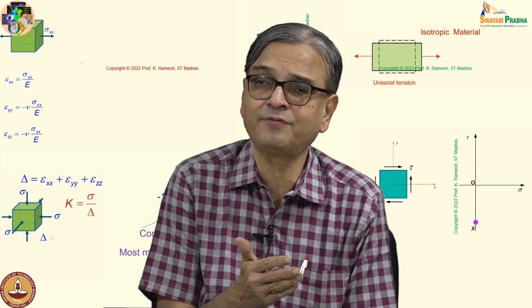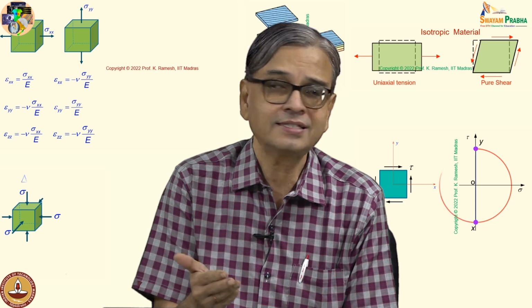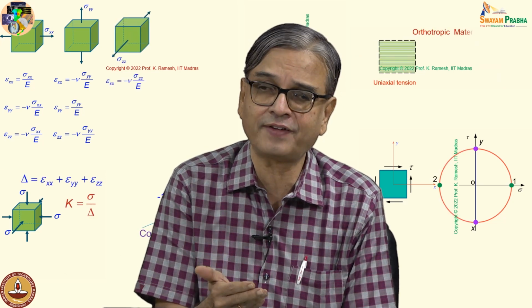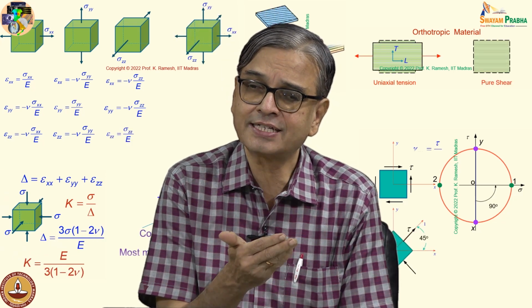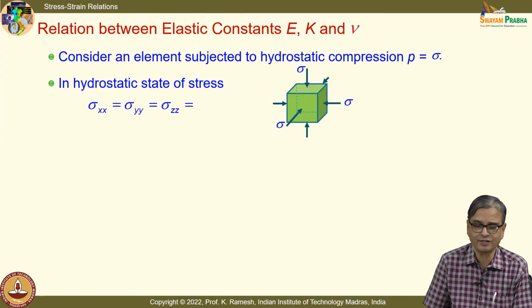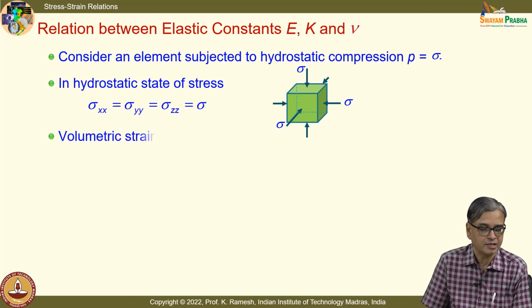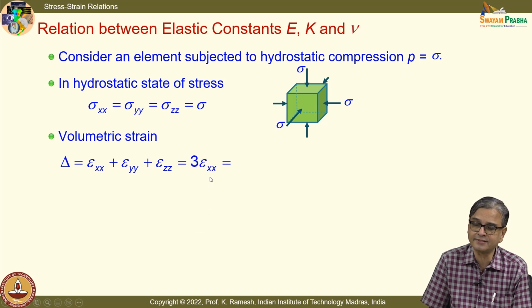And what are the strain quantities? Because our objective is to find out epsilon x plus epsilon y plus epsilon z. Since I have all these quantities identical on all the three faces, if I say epsilon x, epsilon y will be identical to epsilon x. So, I can say epsilon x plus epsilon y plus epsilon z as 3 times epsilon x. So, volumetric strain is delta equal to epsilon xx plus epsilon yy plus epsilon zz. Since the stresses are equal, I can write this as 3 times epsilon xx, and I can write what is epsilon xx based on my